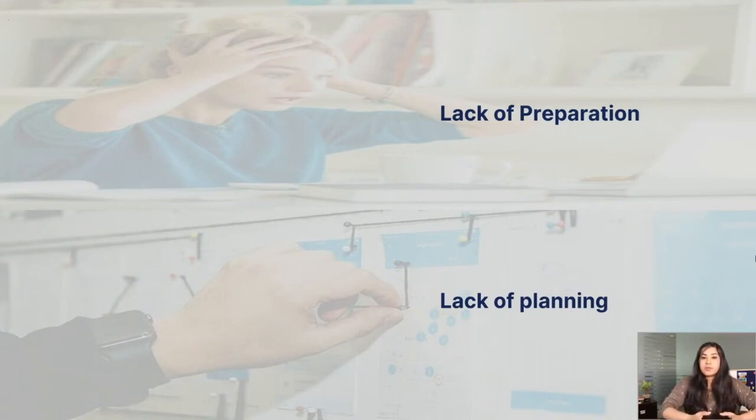So, lack of preparation. When we're practicing for the exam, we think we might just go into the exam without preparing. Usually this preparation takes more than 1 week or 2 weeks, or even a month if you need it. If you're not prepared for this exam, especially the writing exam, then it will be a problem, because once you face the exam on the day, if you're not practicing the different kinds of questions that we just discussed,